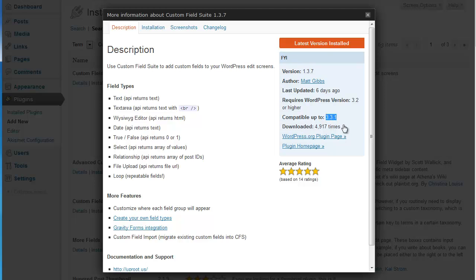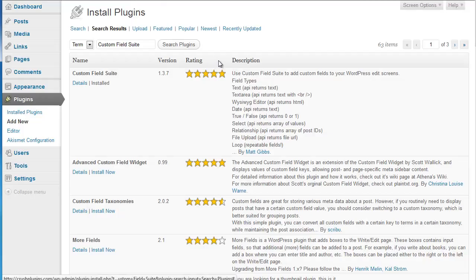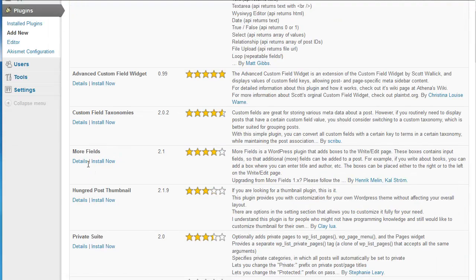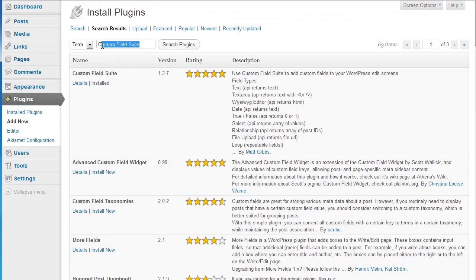I look at whether it's new, running on the 3.31, when was the last time it got updated, how many downloads, and whether it's got any ratings. And usually if it's recent, it's got some good ratings, probably is okay. So I've installed that one in,